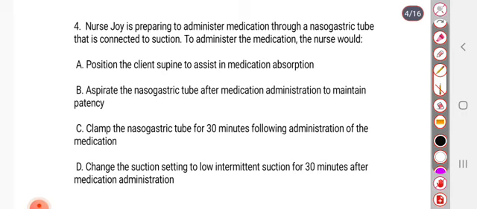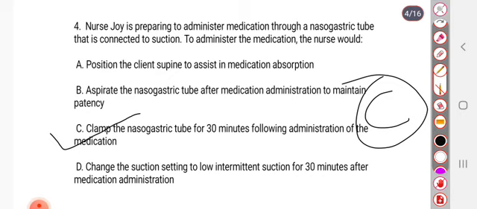Right answer is C. Clamp the nasogastric tube for 30 minutes following administration of the medication. Next,